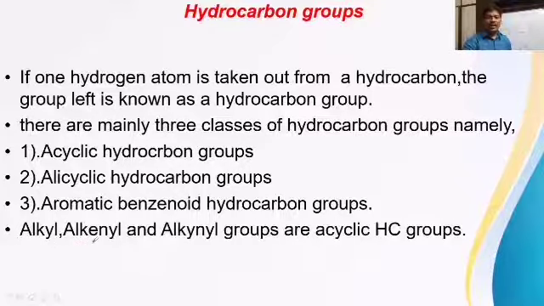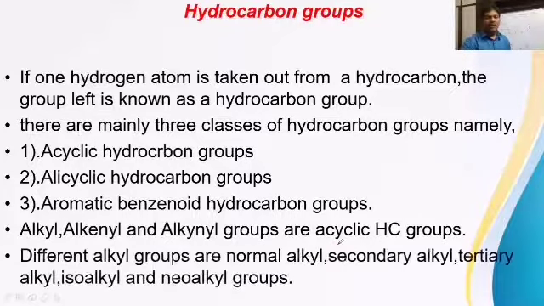And how do we get alkenyl here? Alkene molecule minus one hydrogen. So alkene minus one hydrogen gives alkenyl. And alkynyl, how do we get this group? By the removal of one hydrogen atom from an alkyne molecule. So alkyne minus one hydrogen is alkynyl. Alkene minus one hydrogen is alkenyl. Alkane minus one hydrogen is alkyl. So different types of groups of which type here? Acyclic hydrocarbon groups.